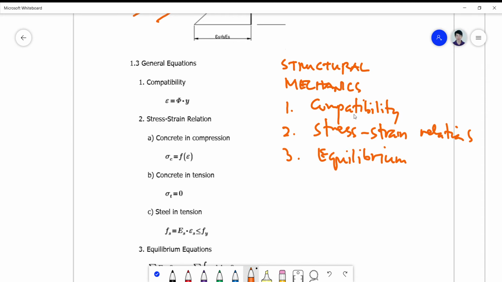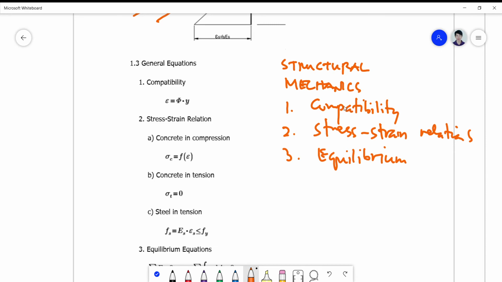When you say compatibility, we are referring to Bernoulli's assumption. Okay, so it's not only Bernoulli, you can use other assumptions like Timoshenko's consideration on the shear distortion, etc. So when you say compatibility, all the models you can see in books and in researches are available and are valid. For this particular lecture, we will only be using Bernoulli's compatibility relation, considering plane sections remain plane